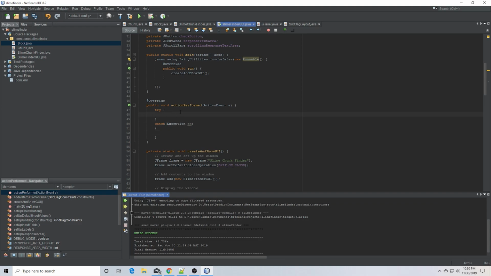So we're going to put the action perform work in here and then catch it, and throw up a message for the user to know what they might have done wrong. It's not going to be very explicit. It'll just be enough to make me feel better about it. Anyway, so try. What we're going to do first is grab the world seed,